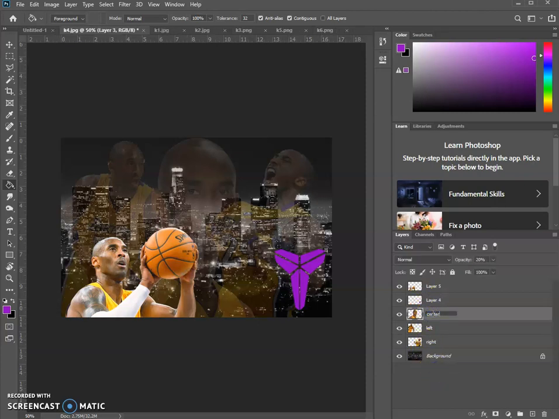Center. Logo. And then this one's my full color one, so I'll call that full. Or full opacity, I mean. Alright, last thing I want to do